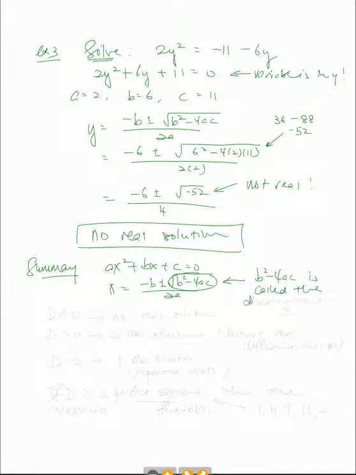the discriminant, and we denote it with the letter D. You notice that in the last case, when D is negative, that's when we say that there's no real solution, right? And if D is more than 0, there will be 2 real solutions, meaning